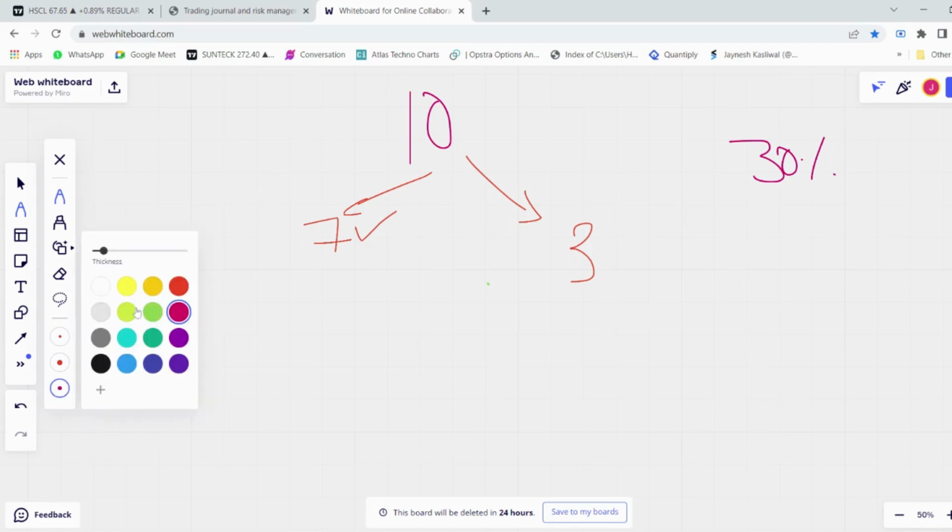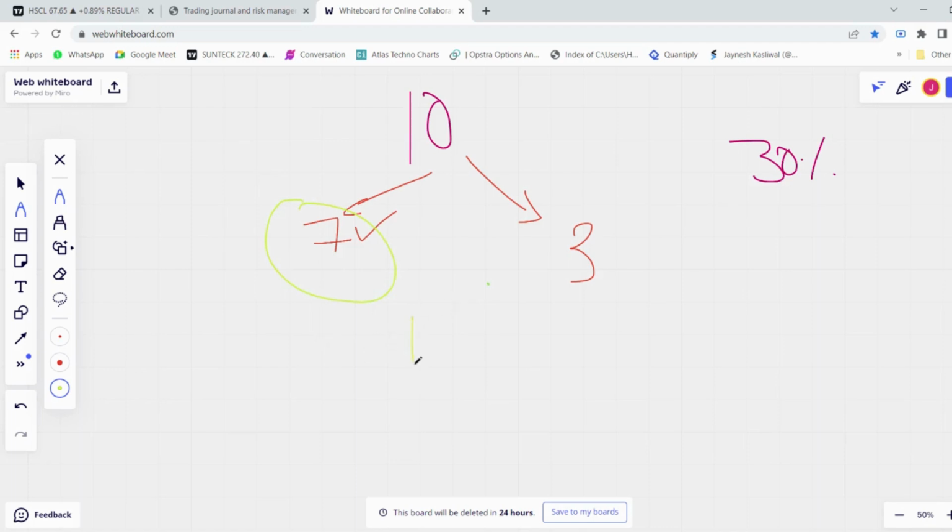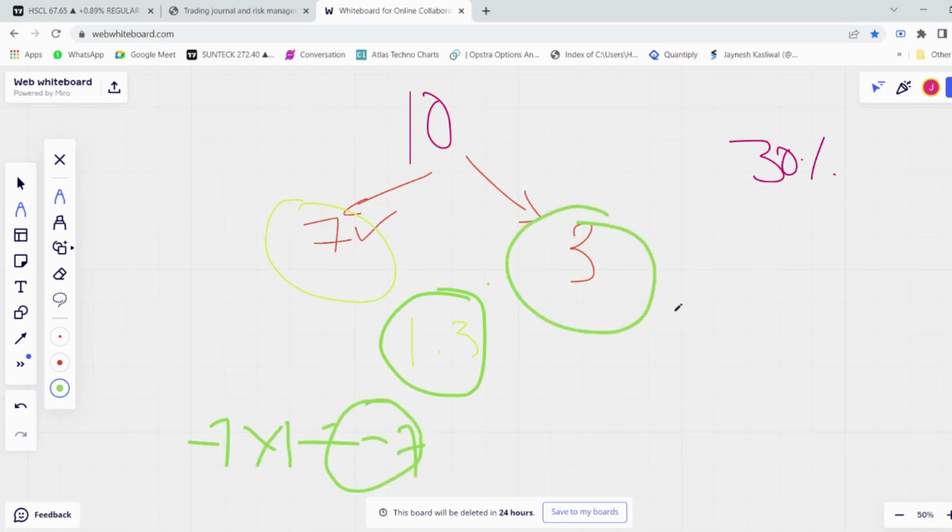So we have understood this thing. Now in these trades, we have lost 1 rupee each. If we are keeping a risk to reward ratio of more than 1 is to 3, then in the winning trades we have made 3 rupees each. So 7 into 1 is 7 rupees that we have lost, minus 7. And in these 3 trades, we have made plus 3 into 3, that is 9 rupees. So this is just an example to show you how we can be profitable if we maintain a proper risk